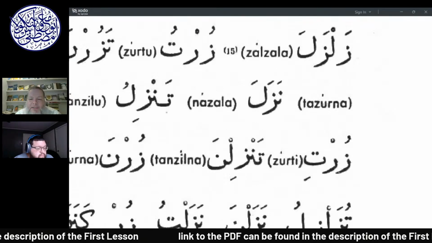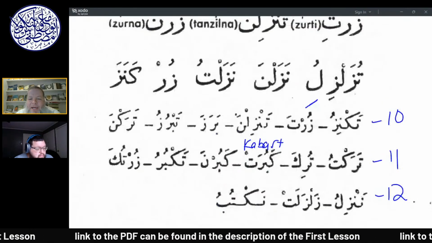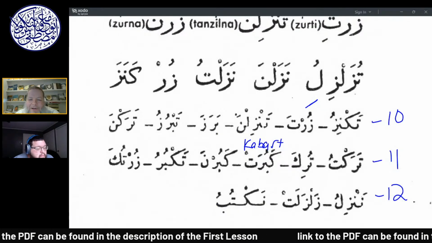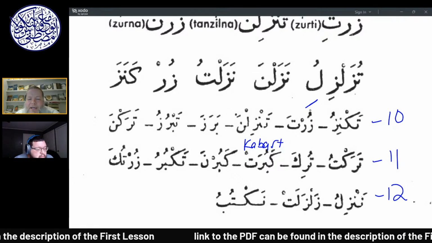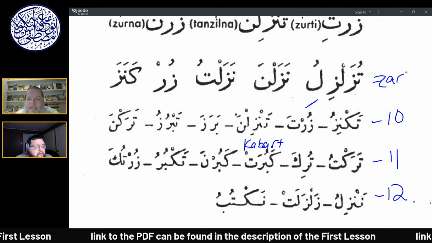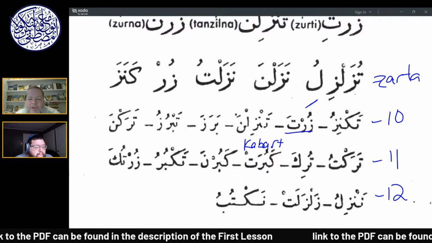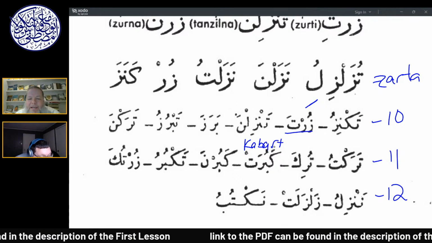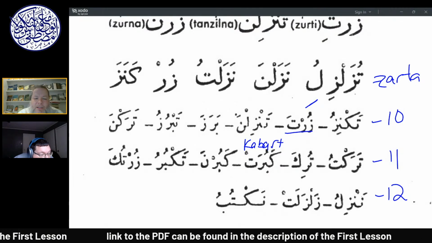Excellent. Then we had the zay, and here in line 10 we had a mistake. And this could be from a lot of writing or a lot of whatever, but here you wrote zarta. Should be zu. And then here maybe you wrote kabart. Not kaburat, but kabart. It should be